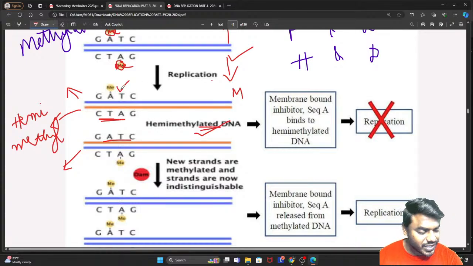Only the parent strand will be initially methylated. The daughter strand is not methylated. Whenever it is not methylated, I use the word hemimethylated. At that particular time,